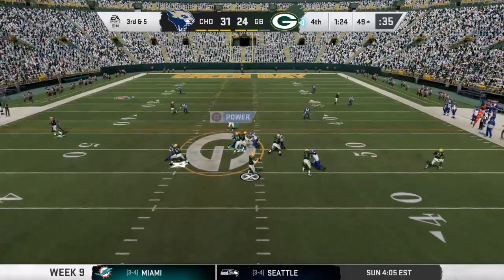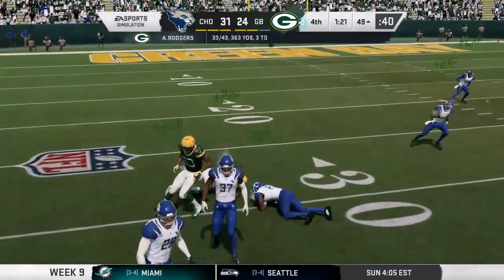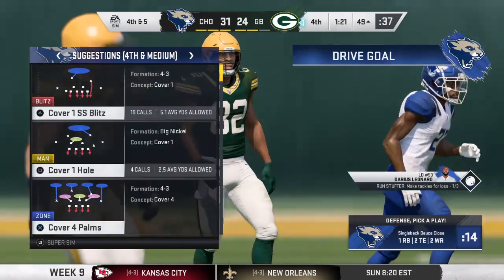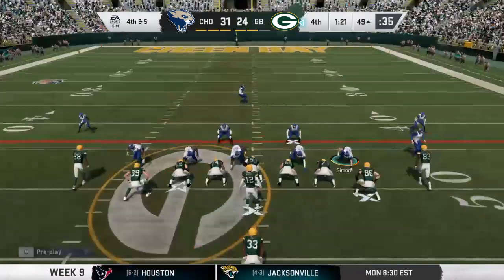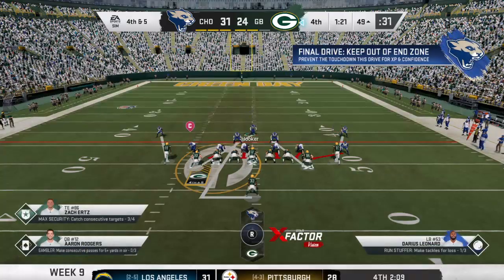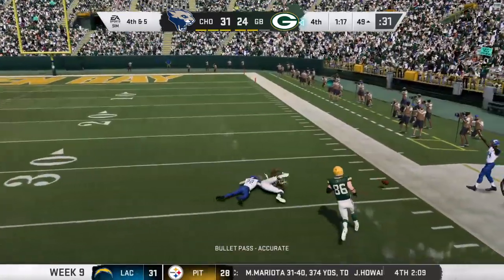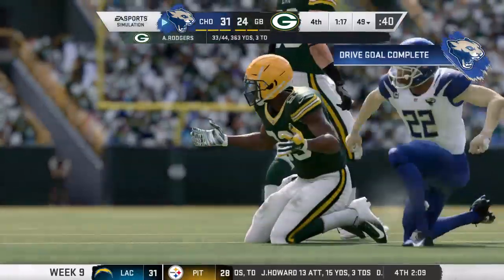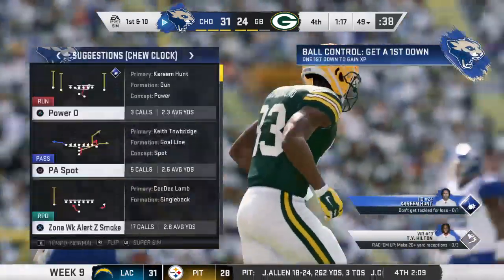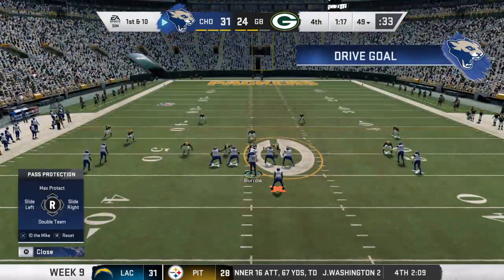Back to throw. And that will be incomplete. What a great sequence by this defense so far. They've given him nowhere to go with the football. And they just have to make it stand up one more time because it appears that they've got their number. Can they not have a slip up here and allow the touchdown? Now they go for it on 4th, but this one is going to wind up incomplete. They had to go for it with such little time remaining, and this defense will take over right near midfield